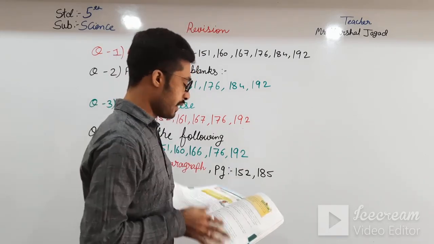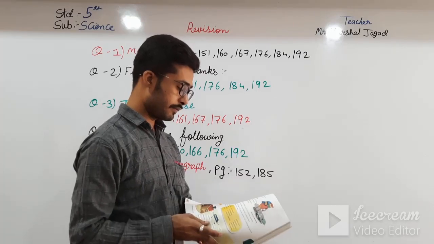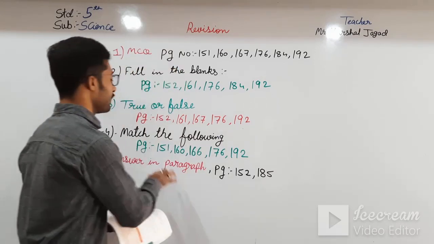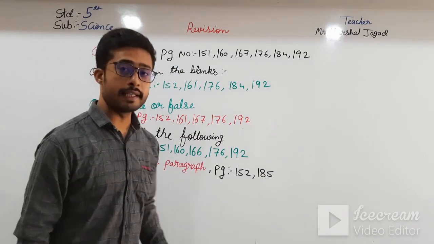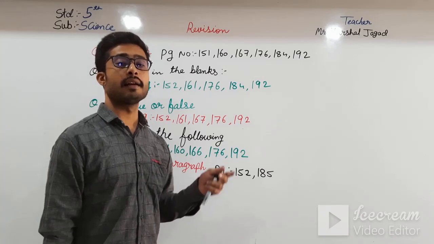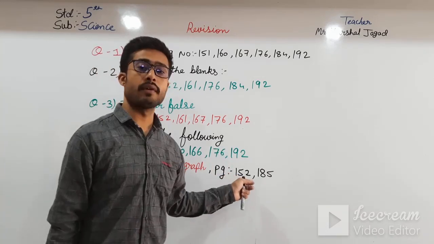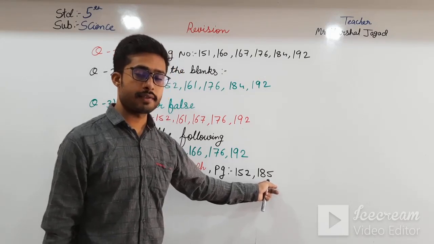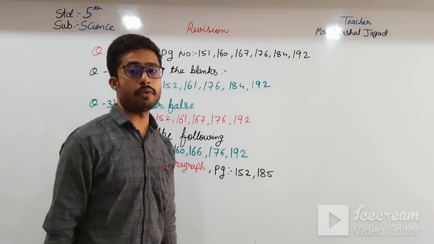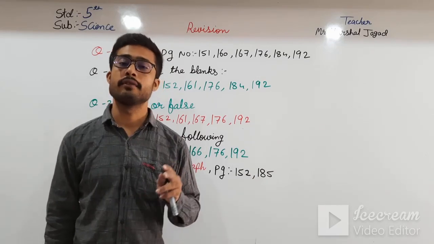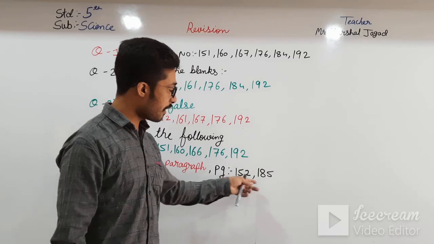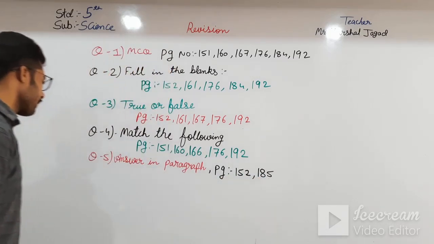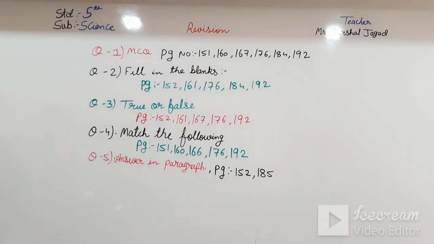Okay, so here I am moving towards chapter number 6. Here also there is no answer in paragraph. So there are only 2 chapters where there is answer in paragraph, that is chapter number 1 and chapter number 5. Okay students, so from these 2 chapters only the answer in paragraph will come, one from this chapter and one from this. Okay students, now moving forward, that is question number 6.